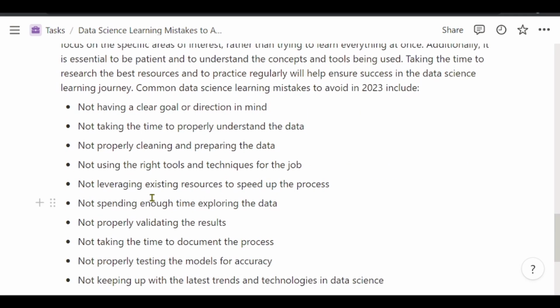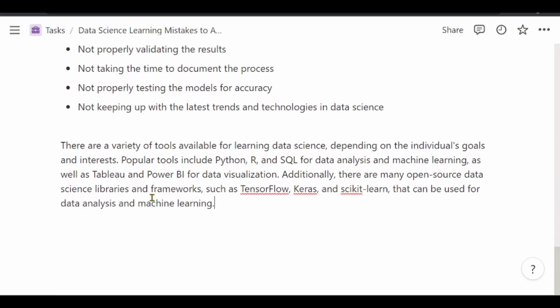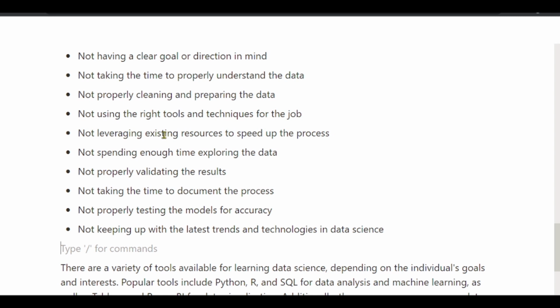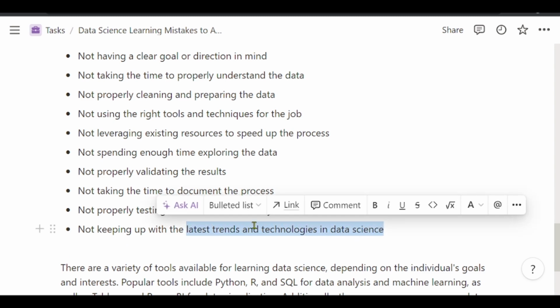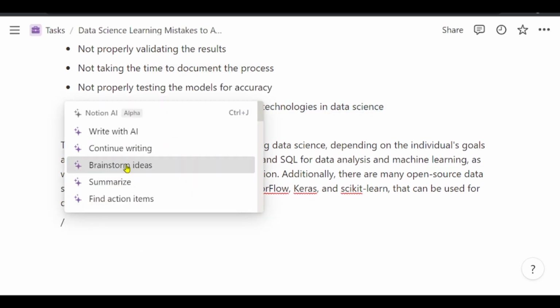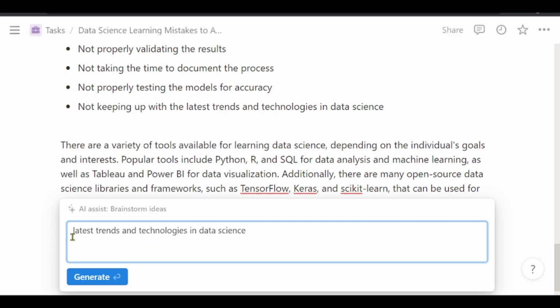One mistake that we have seen that you should avoid is not having a clear goal. Having a clear goal means choosing the right tool for your data science learning path. Now, let us see another point that we can narrow down on, so that we should know some of the mistakes to avoid in our data science learning path in 2023. So let us use the brainstorm function. Let us ask, what are they? Let us see what it will generate.